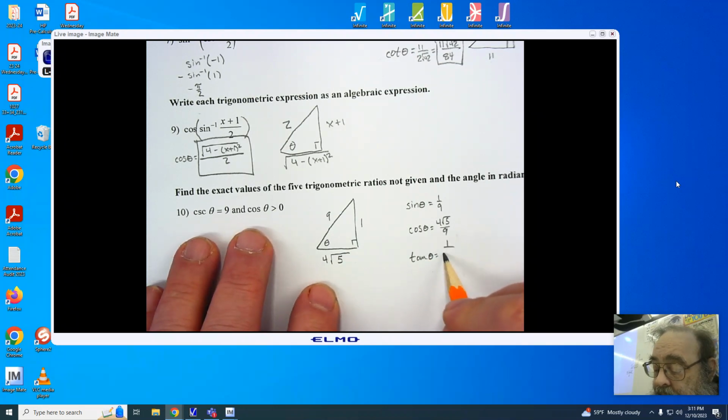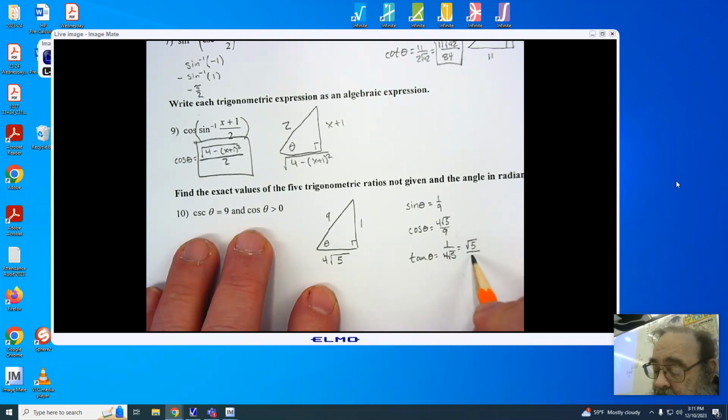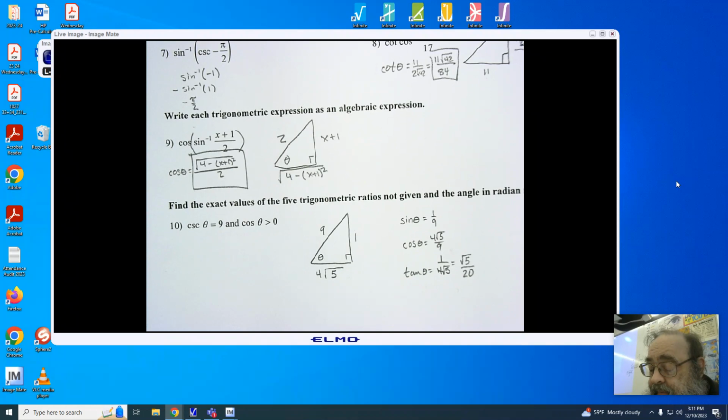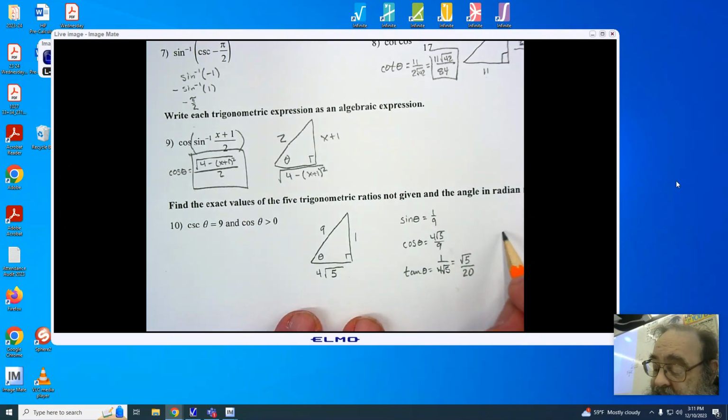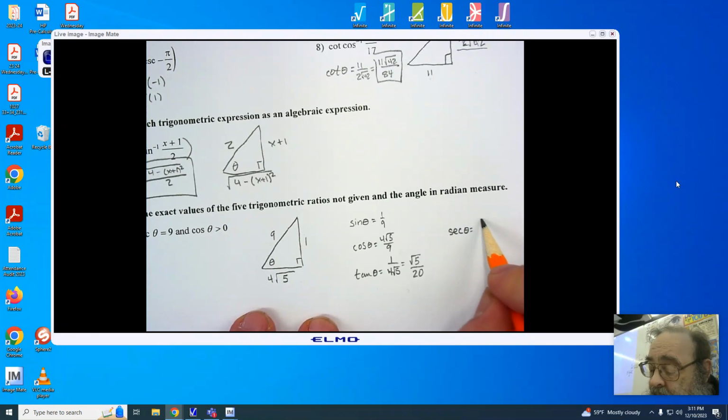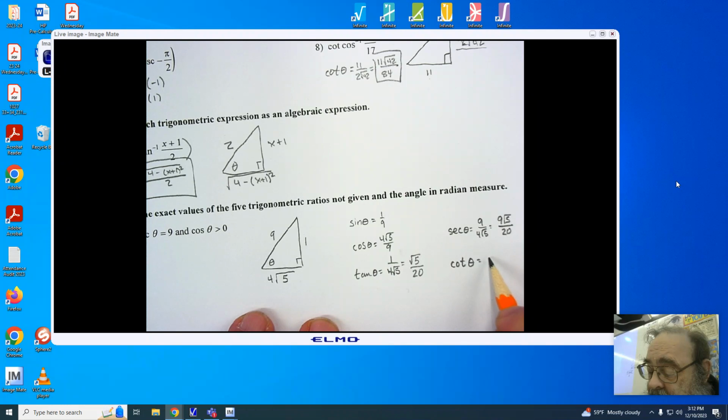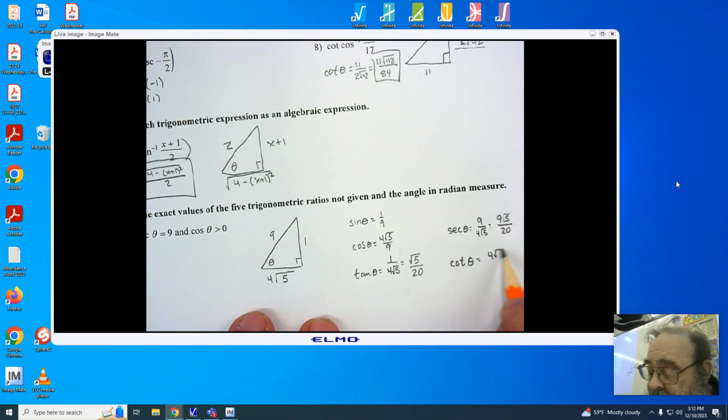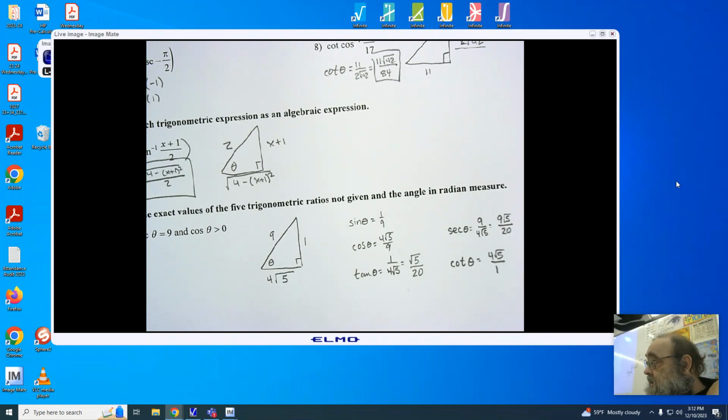and the tangent is going to have to be 1 over 4 root 5, which means that I'm going to have to move my radical to the top and multiply by 4 times 5. Our secant will also have to be adjusted for the radical in the denominator, as we will have a 9 over 4 root 5. This will give me 9 root 5 over 20. And then I go to my cotangent, and the cotangent of theta is going to end up being 4 root 5 over 1. Now the last thing I have to do is use my calculator